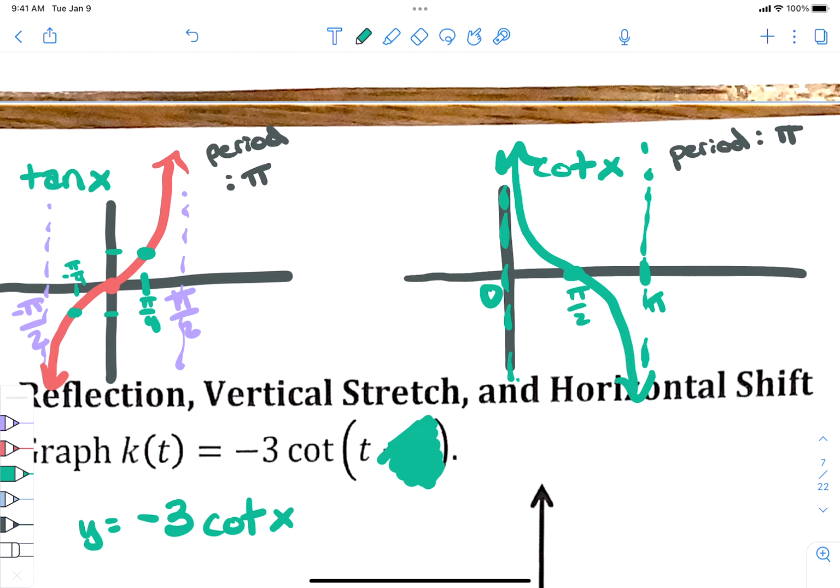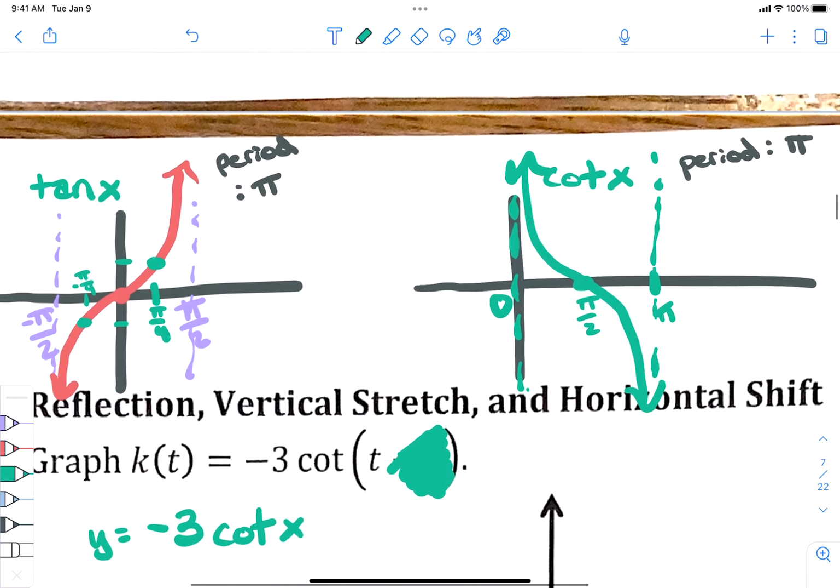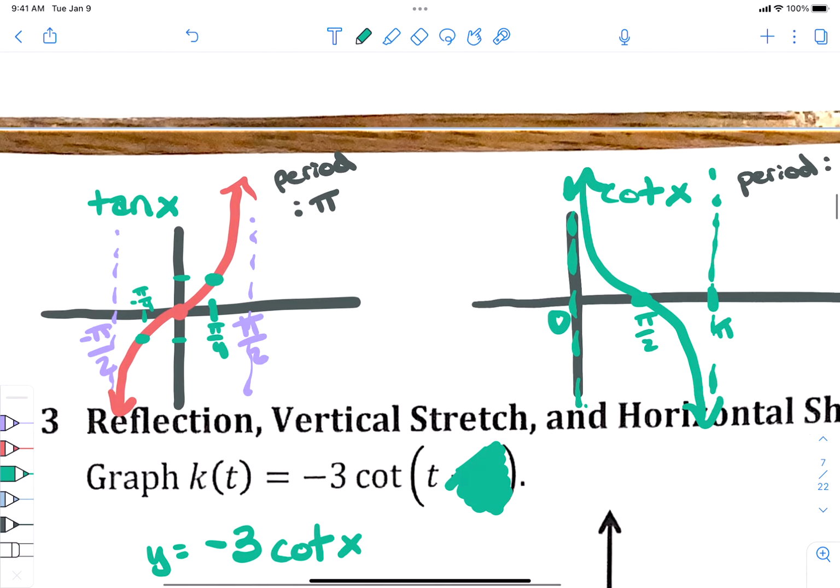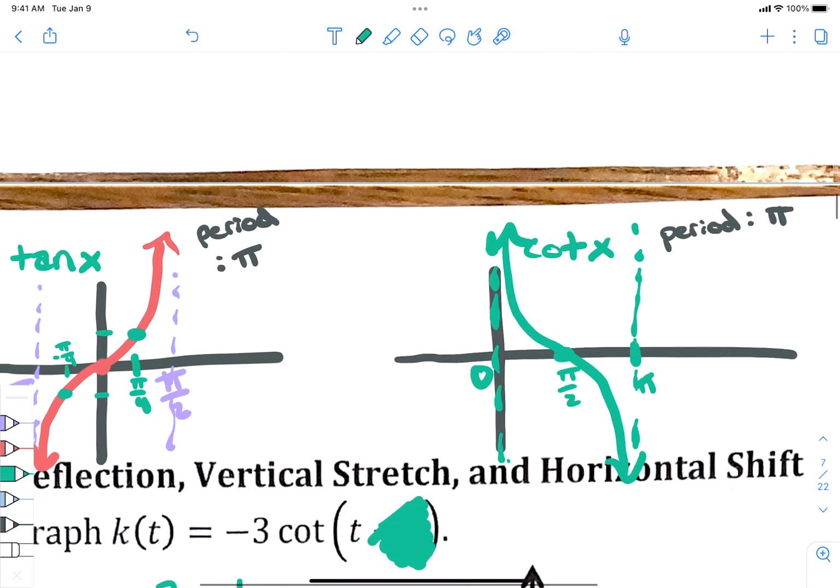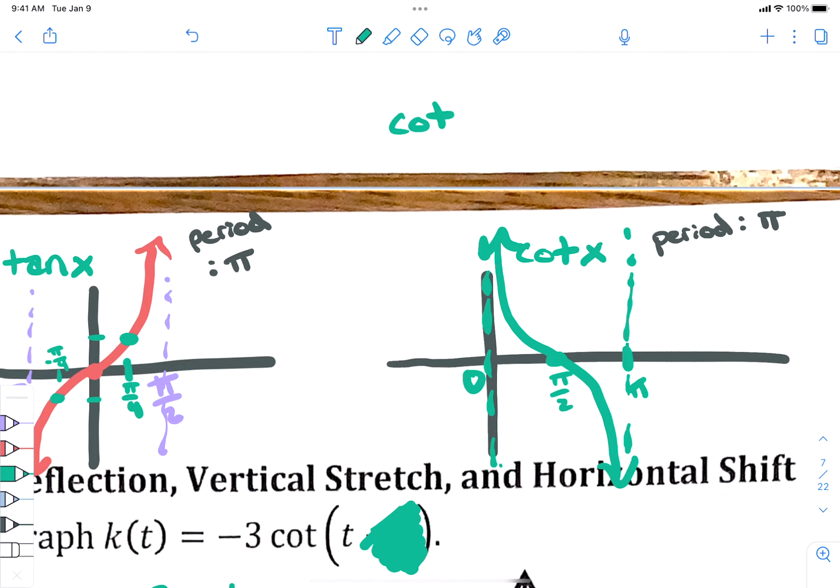Okay, so you ready for this? It's all about perspective. See if you can follow along with this. If this is confusing, you can ignore it. But see if you can follow along with this. Ready? Cotangent of x is exactly the same. Check this out. Negative tangent of x